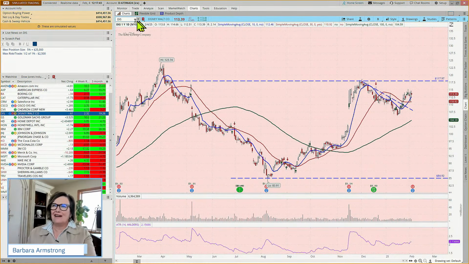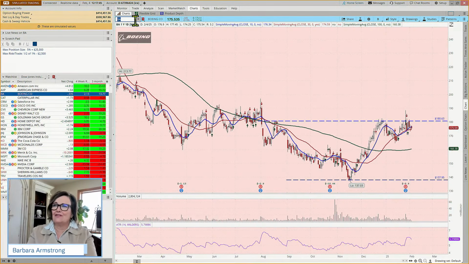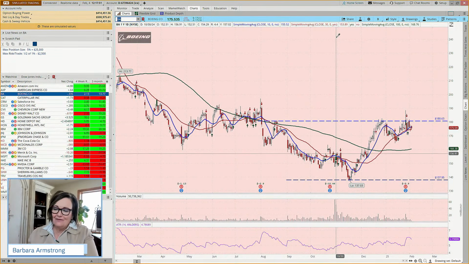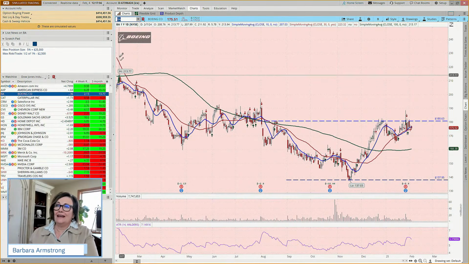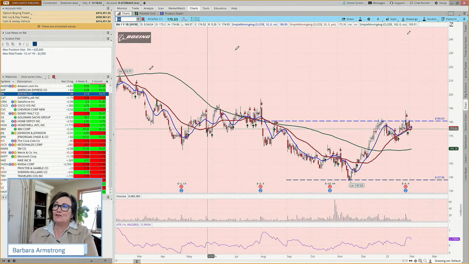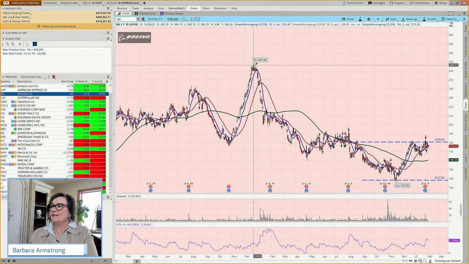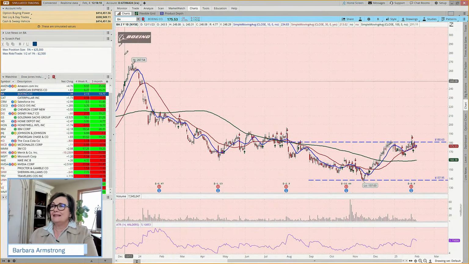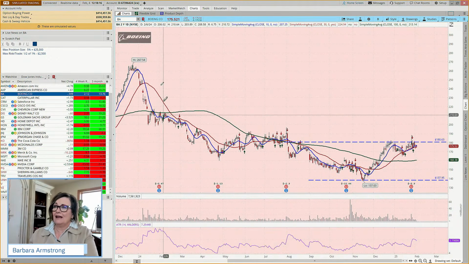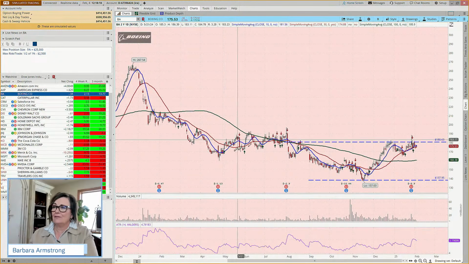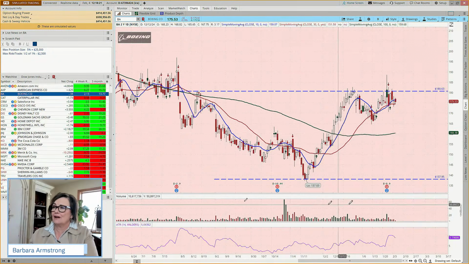How about Boeing? Now, Boeing has been on the struggle bus for so long. If I needed a bearish trade, Boeing was one of the ones that I would look for. If we look at this as a 1-year chart, we can see that it was downtrending coming into 12 months ago. If we pull up a 2-year chart, at one point this was up at 267. So this has been struggling for quite some time, right? And then it came down and continued rolling down the hill, and every once in a while it tried to rally.